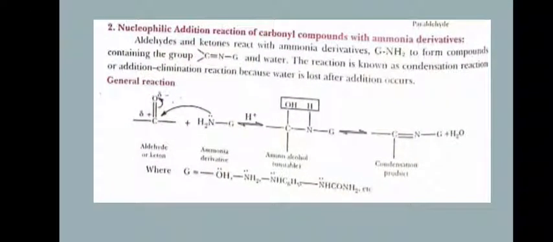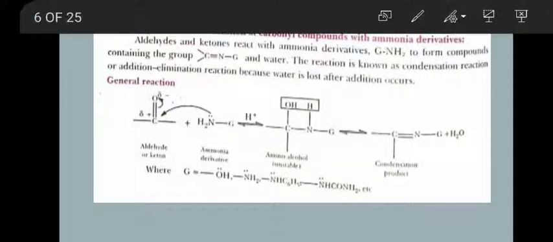That is our main concern, nucleophilic addition reactions of carbonyl compounds with ammonia derivatives. Ammonia derivatives are obtained when you replace one of the three hydrogens that are bonded with nitrogen with some other group like OH, like phenyl, like aniline, like urea. So you get a derivative of ammonia. Two main things are here. What are these main things? Number one, this nucleophile is attacking at the carbonyl carbon,